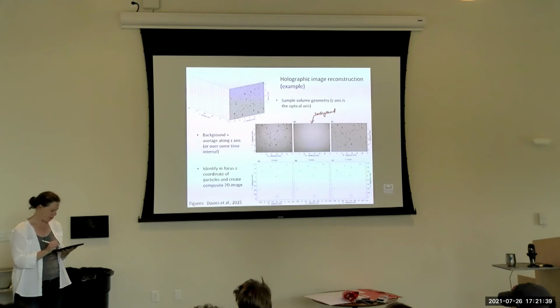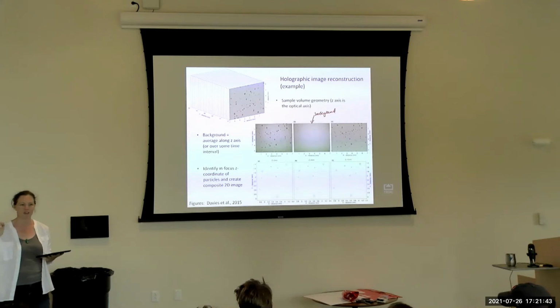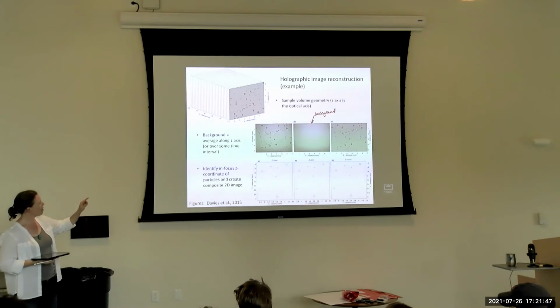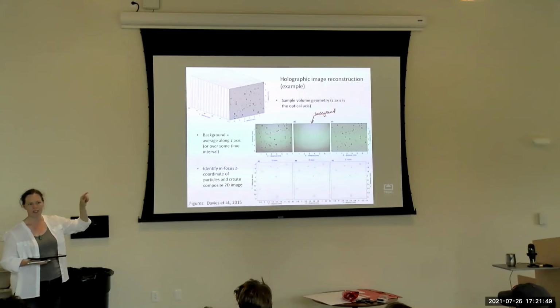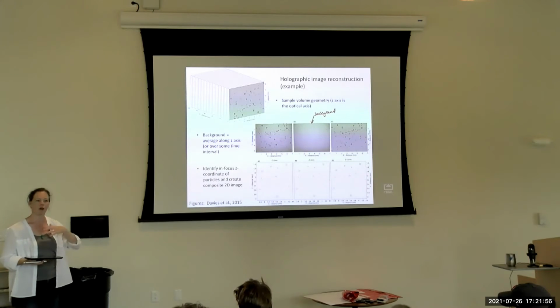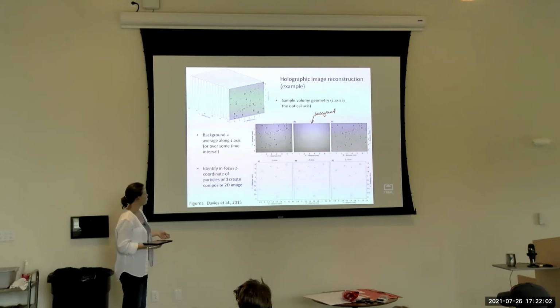So you can see in this example, there's a bunch of little spherical particles. They all have this diffraction pattern around them. And like all holograms, every point in that image contains information about the scattering, the diffraction pattern, and every other point of the image. So the whole thing has to be reconstructed in order to get this three-dimensional particle field. So once you do that,